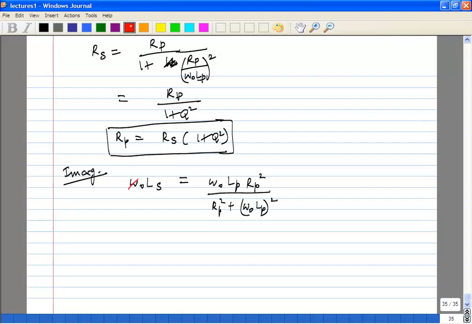Then obviously we can ignore the omega naught for now. And again we'll do exactly the same thing: on the right side, we'll divide the numerator and denominator by omega naught LP. What does that give you? So Ls, now we've cancelled omega naught. So Ls is LP times